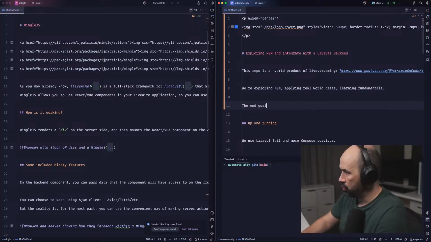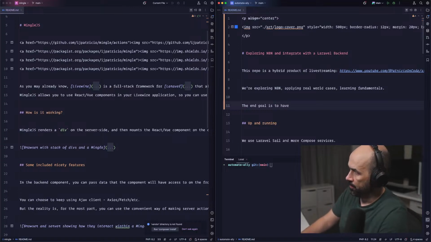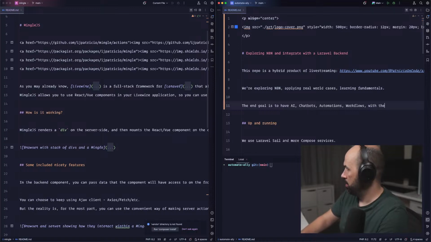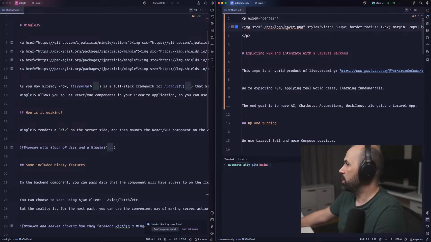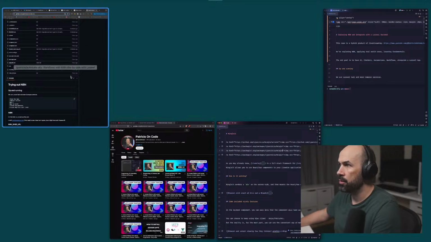The end goal is to have AI, chatbots, automations, workflows alongside a Laravel app. Fantastic. Okay, we need the PNG that we're going to use.